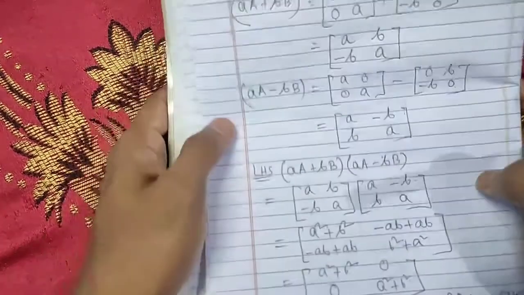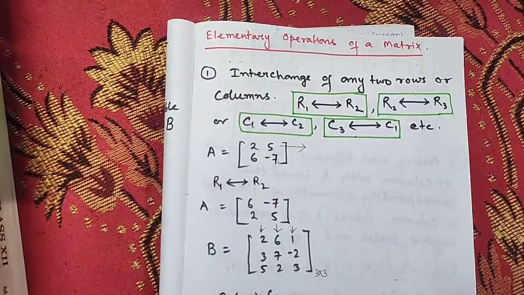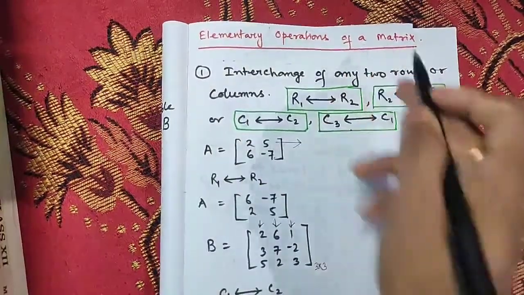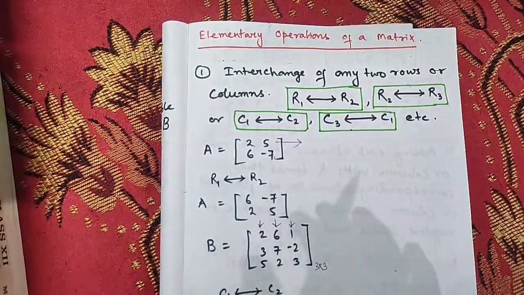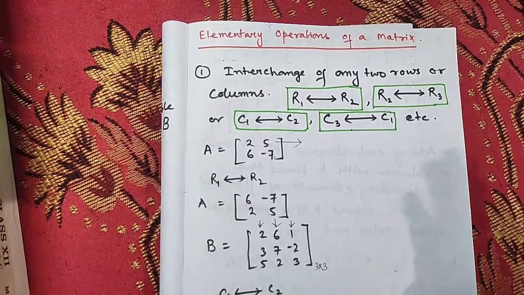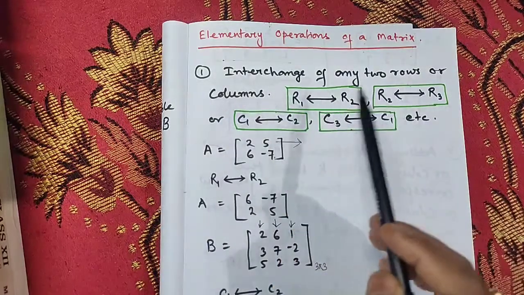Okay, now we will move to the continuation of our class on matrix. Our next topic is elementary operation of a matrix. This is a very important topic, and this is required to find the inverse by elementary row operation. A 6 marks question will come from this topic in the board exam, and this is also required in the chapter of determinant. So learn this very well.